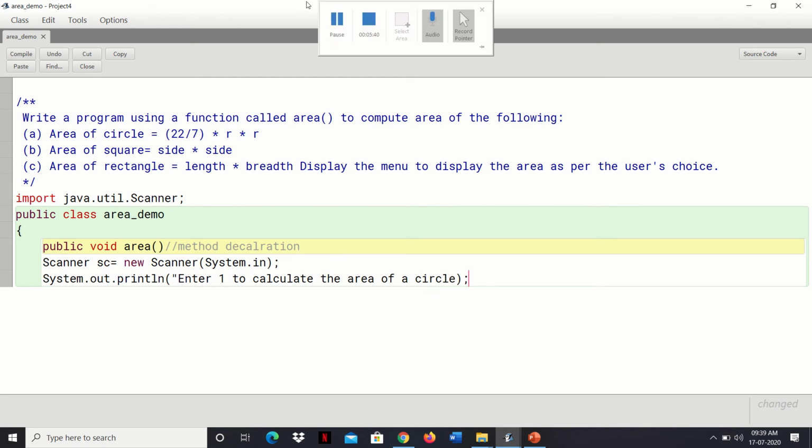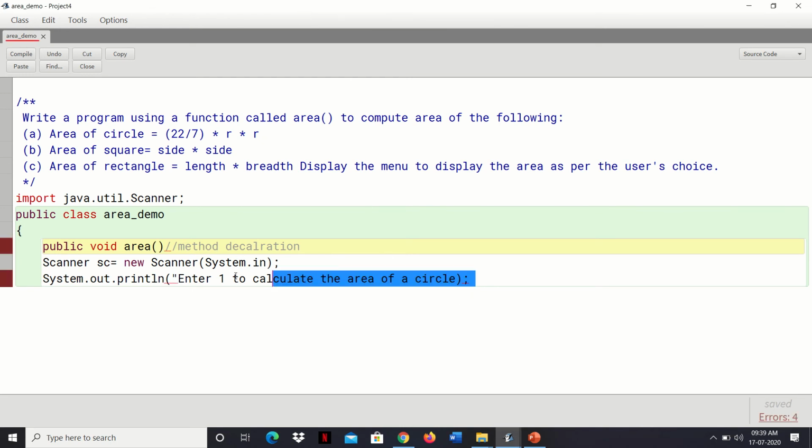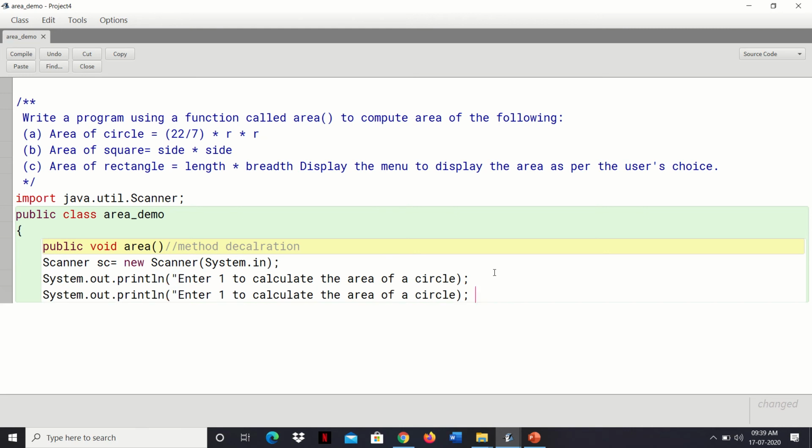Semicolon will be there. Now just copy this. We need to type it multiple times. This is what is called smart work. Now next, enter